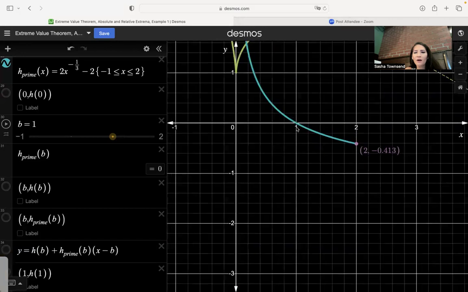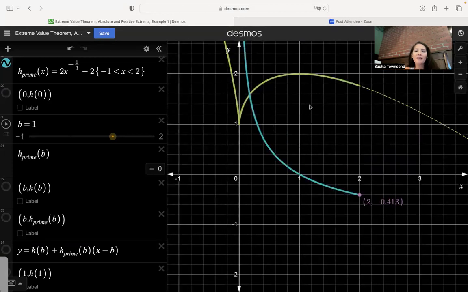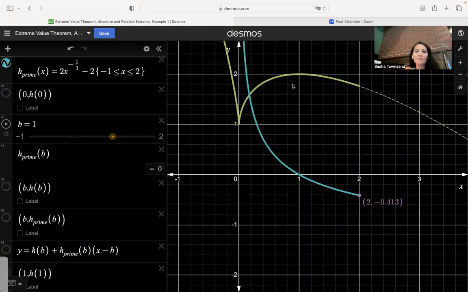At x equals 1, our derivative function goes from positive to negative. So we go from a positive slope to a much smaller positive slope, and then we have a 0 slope, and then we go to a negative slope, and that negative slope gets larger in magnitude until it reaches this point. That's consistent with this picture, because these slopes, if I look at the tangent lines over here, they're